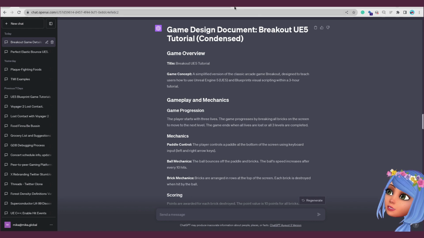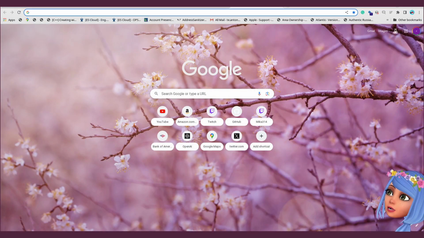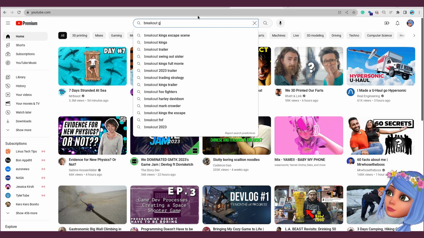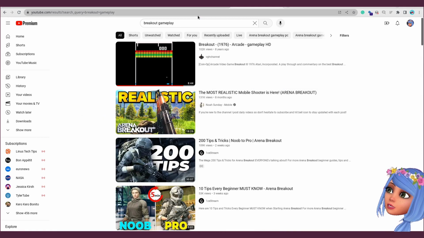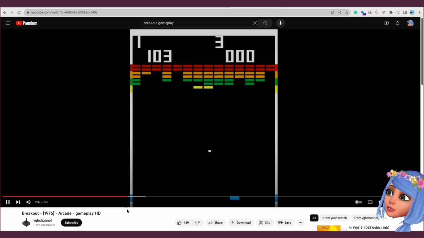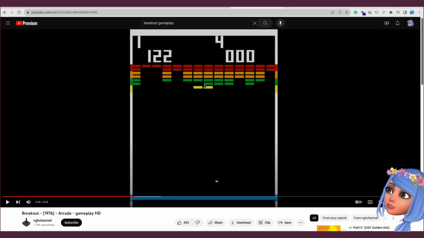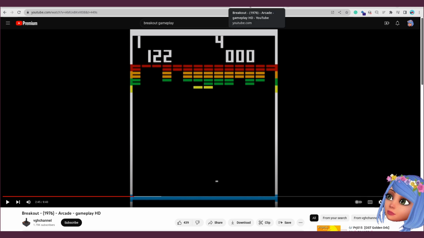I'm probably going to show you gameplay of Breakout. So let's quickly search Breakout gameplay. It is an old game, and you would most likely almost immediately know what it is. So there is a paddle, there is a ball, there are bricks, and you have to break all these bricks. You're getting scoring, you have multiple lives, and same as with Flappy Birds, I'm going to implement